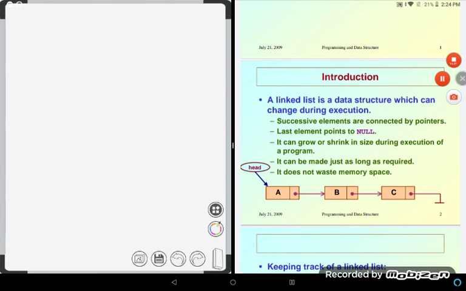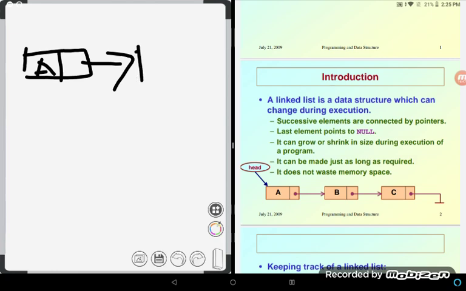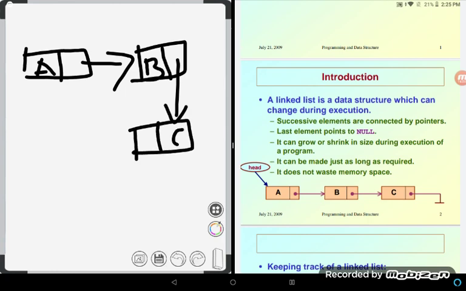Here you can see there are three elements A, B and C. I hope you are seeing it. A is going to be the first element and it will be pointing to the next element, that is B. Then B is pointing to the third element, that is C, and after that there is no element, which is why the ground symbol is shown.